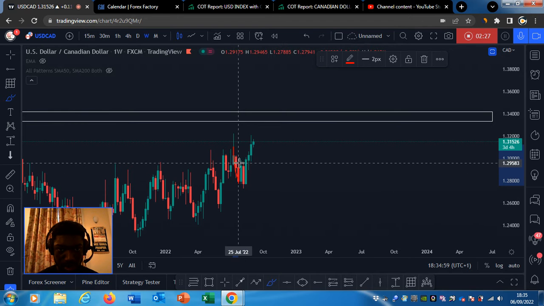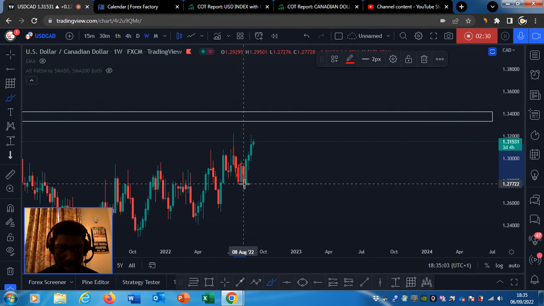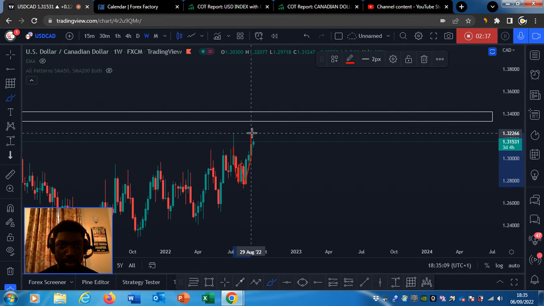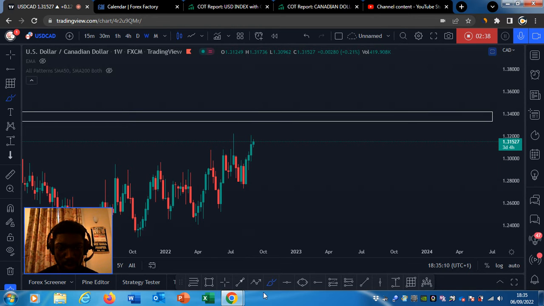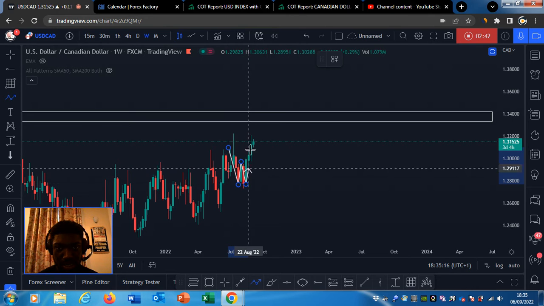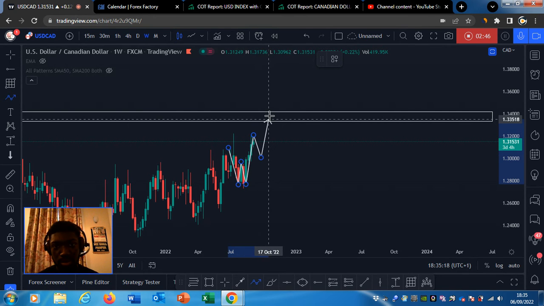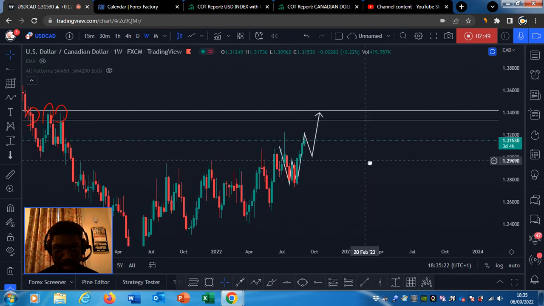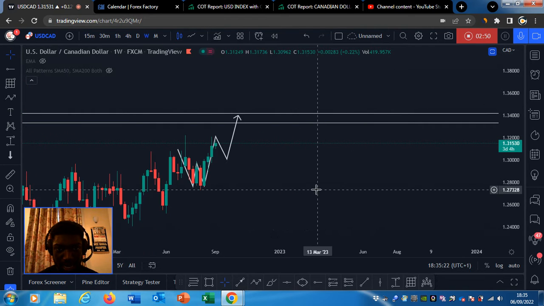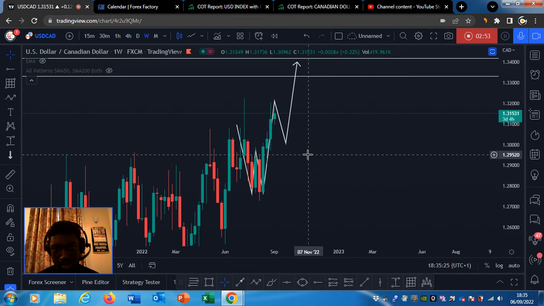So price came down, went up, failed to continue up. Price went down one more time, as sellers tried to change the direction. However, buyers came in control and pushed the price upwards, forming what we call a double bottom, which is a very bullish pattern among professional traders. So we are expecting some sort of retracement to the neckline of this trade, and the